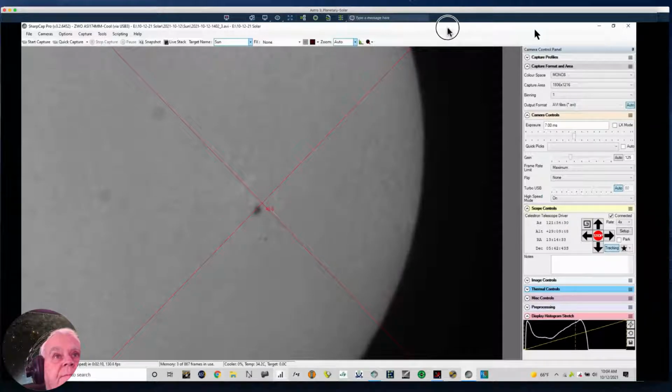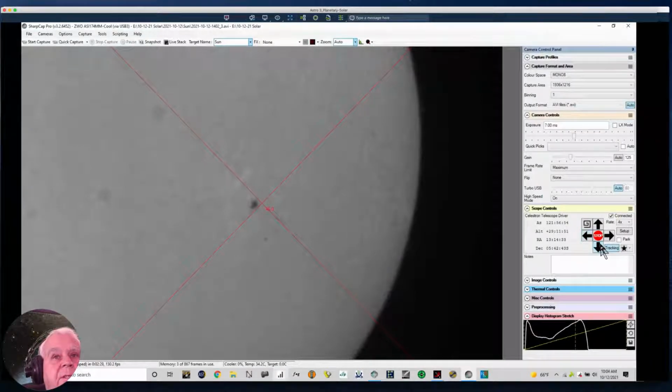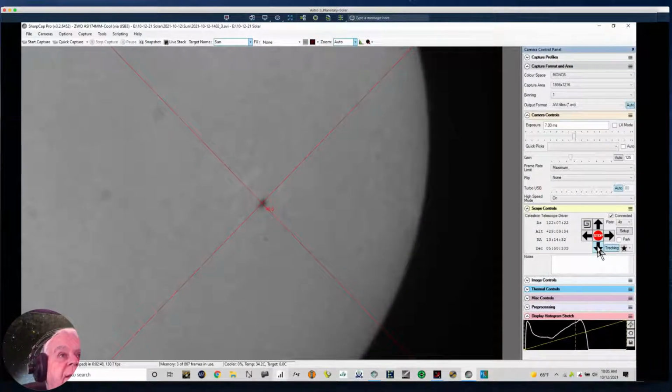It needs to move east just a little bit, and then I need to move it south. I'm positioning the crosshairs in the center of the sunspot, which helps auto stack it, well, it doesn't help auto stack it as much as it helps the align software IMPPG, which aligns the stack